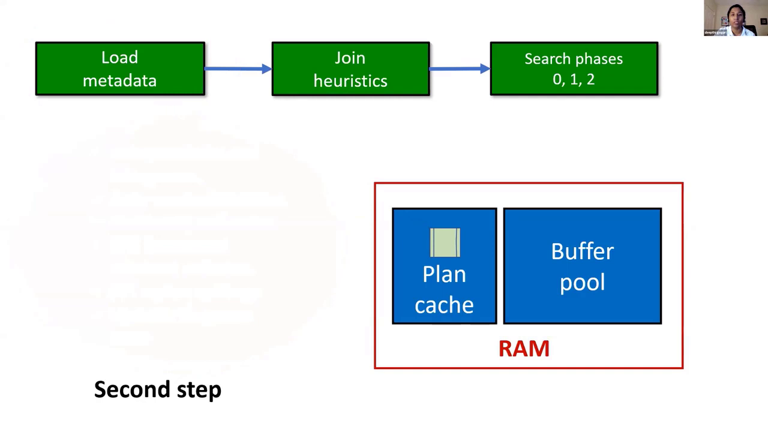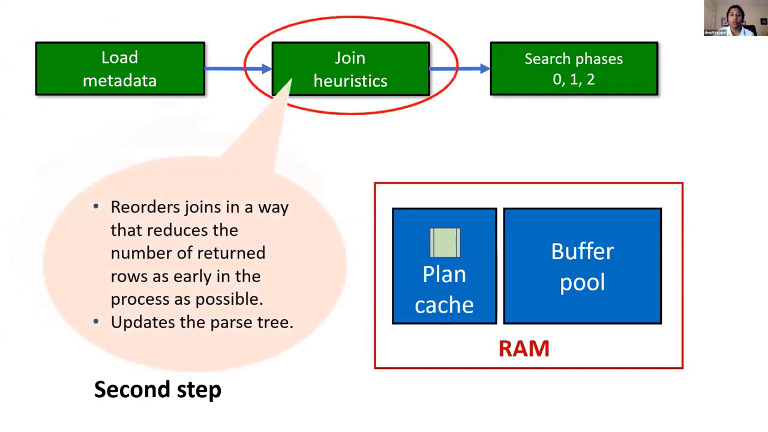And the query will now be sent to the join heuristics. In the join heuristics, if you have a 3-table join select statement, and the A to B join will filter out 40% of the records from the result set, and the join between B and C will filter out 90% of the records in the result set, then SQL Server will go ahead and perform the join between B and C in the beginning and push the other joins later. So those kinds of reordered joins will happen here,